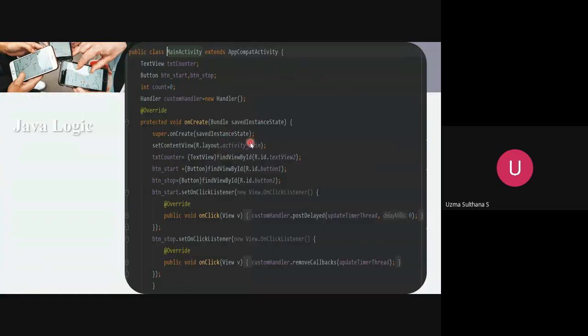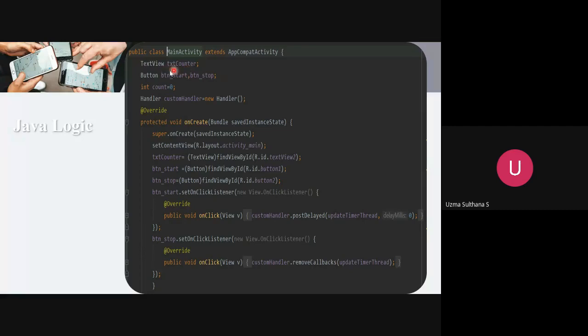Coming on to the Java logic, as you can see here, we have public class MainActivity, which extends AppCompatActivity. Once we click on this, I'll show you today what exactly is there internally inside this message. We have already seen it in the last class, but even then I'll show you in the demo section. We need to recognize the text view because we need to display the result.